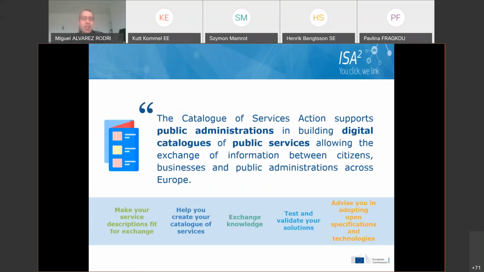This project is part of the interoperability program of the European Commission, and basically here we are supporting public administrations in Europe to catalog their public services using, let's say, more innovative approaches through semantic interoperability to describe in a machine-readable way and to catalog the existing public services at all administrative levels. Digital Catalogue of Services. The main goal here is not only to create these catalogs, it's also to facilitate, to ease the sharing, the exchange of information on public services between citizens, businesses as the end users, but also between